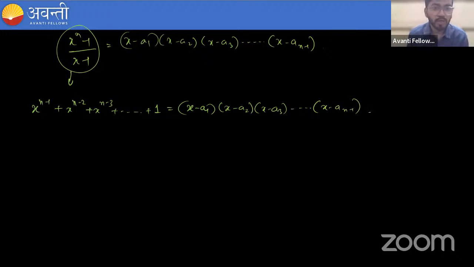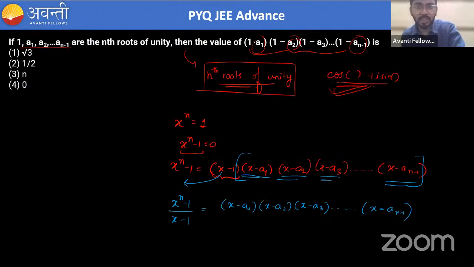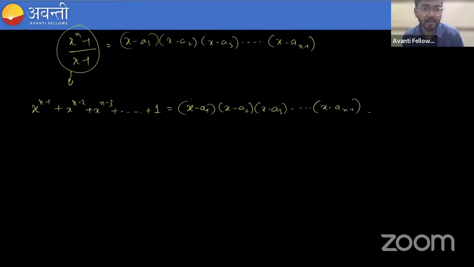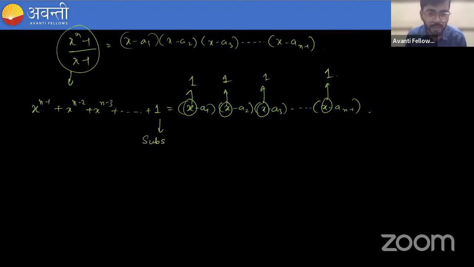So now, if I substitute, see the question. The question is asking there is 1 everywhere, there is 1 in place of x, right? So here they want 1, here they want 1, here they want 1, and here they want 1. So what we can do is, if we substitute x equals 1 on both the sides of the equation